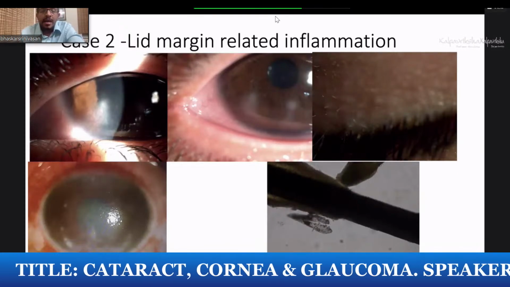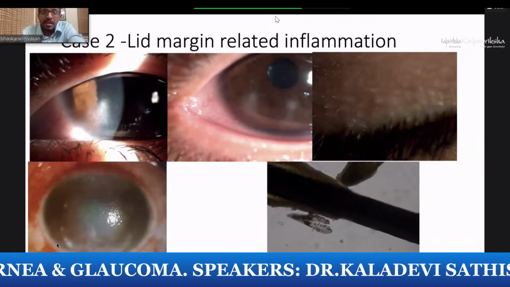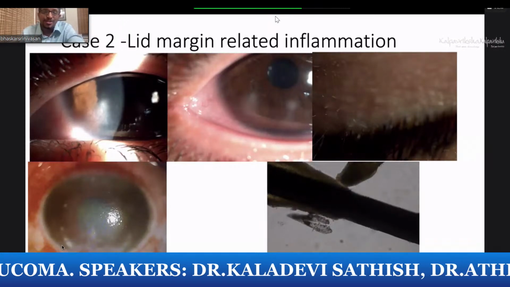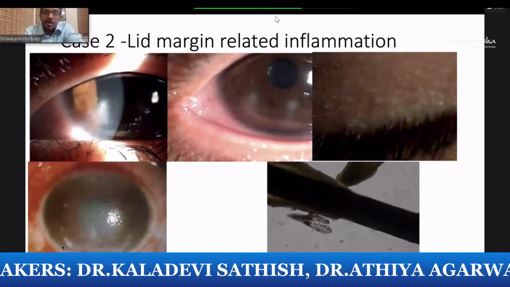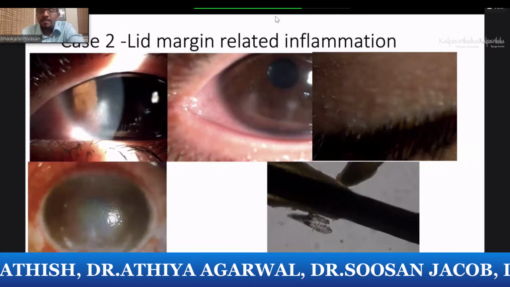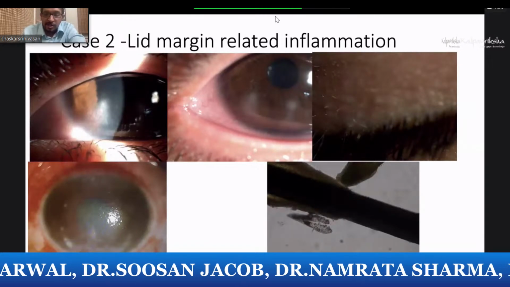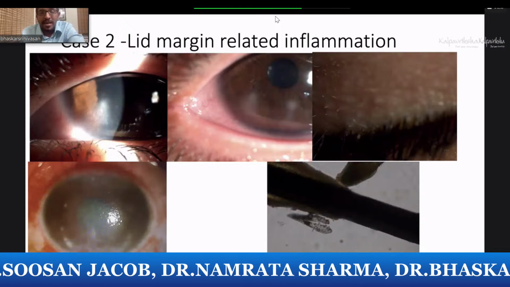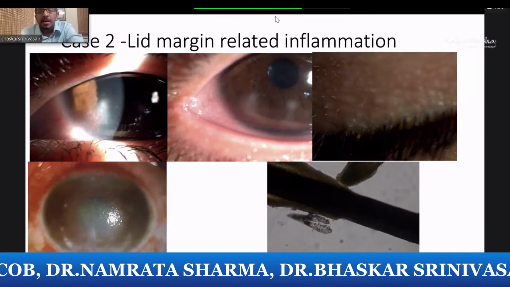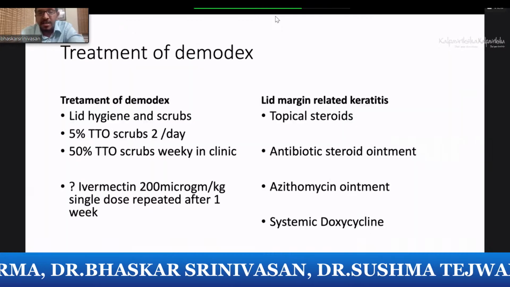So this is another patient who had a phlyctenular keratitis, which is normally seen with staph immune keratitis. You can also have sterile infiltrates, as the bottom picture shows, with a clear lucid interval without vascularization. This is also very classical of lid margin related keratitis. We thought that it was staph related, but now you also know that there's something called Demodex, which causes this kind of clinical picture, and you would need to treat or look for that, especially if you have collarettes around the base of the lashes. Then you epilate the lashes and look for Demodex under the microscope.